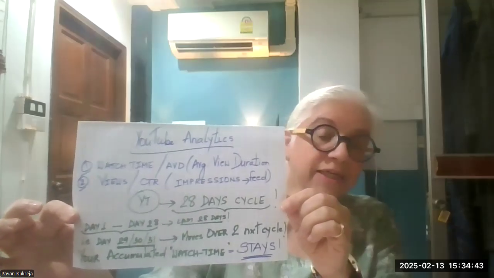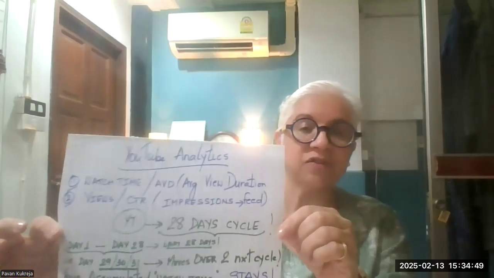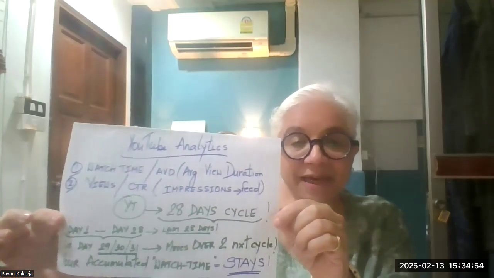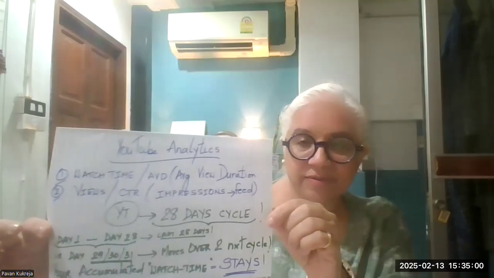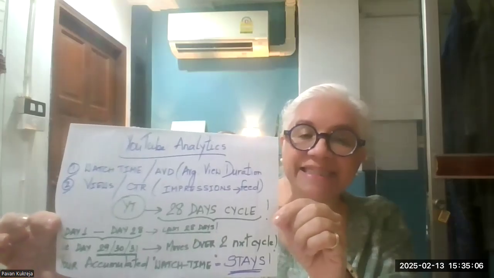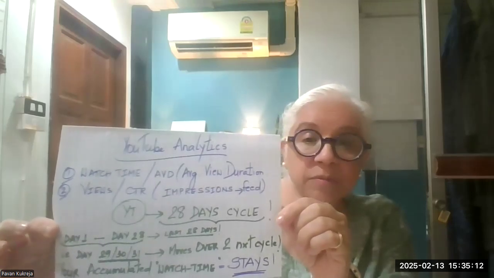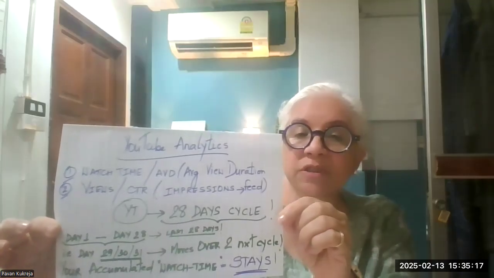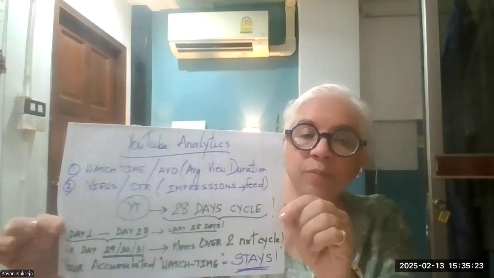See, the key here is to immediately grab this particular understanding, which is that your watch time comes under a 28-day cycle of calculated hours, not 30 or 31 days in a month. It is 28 days. So day one could begin from the 7th or from the 4th or from the 1st of the month, but it is from the 1st to the 28th, and that's how it functions. Until the last 28 days, that's when it shows you the number of hours.